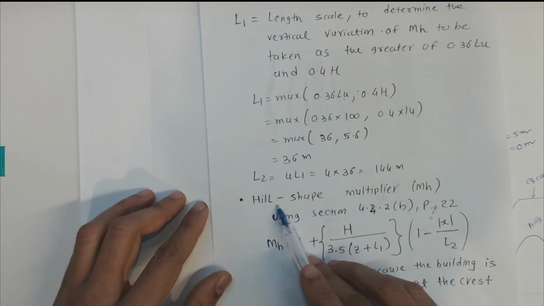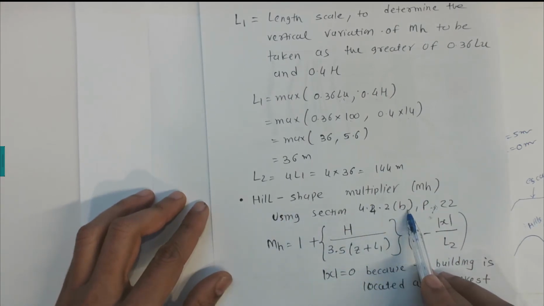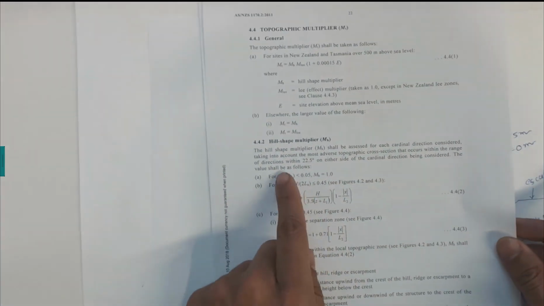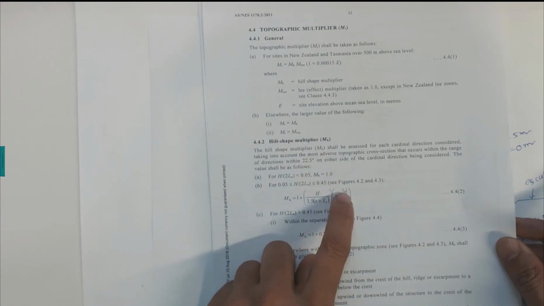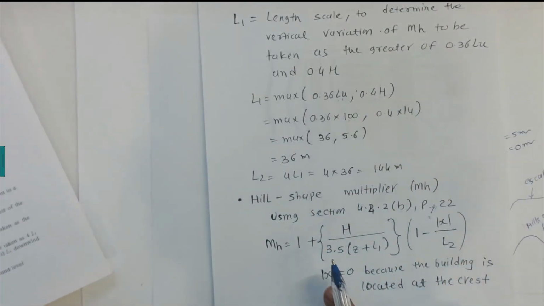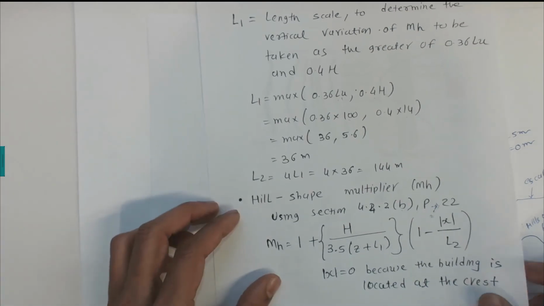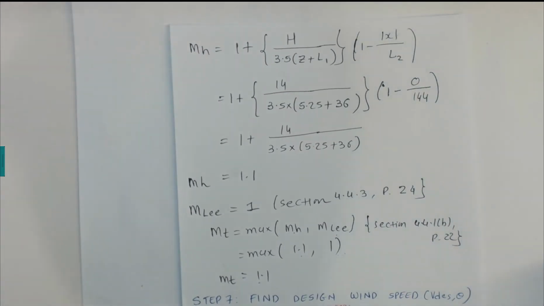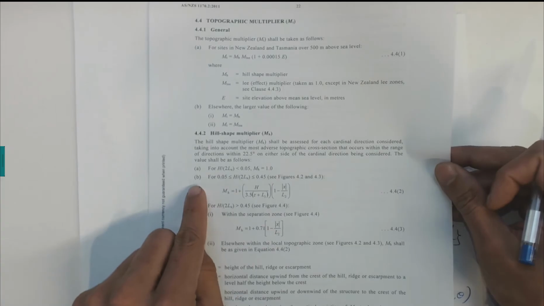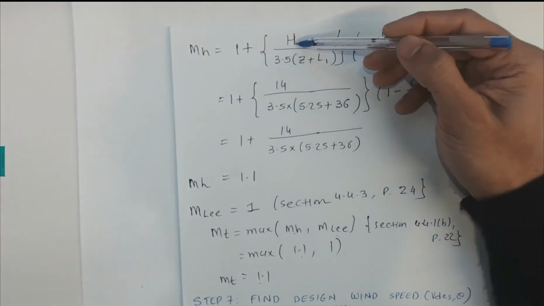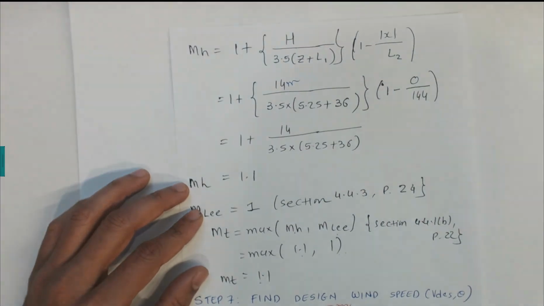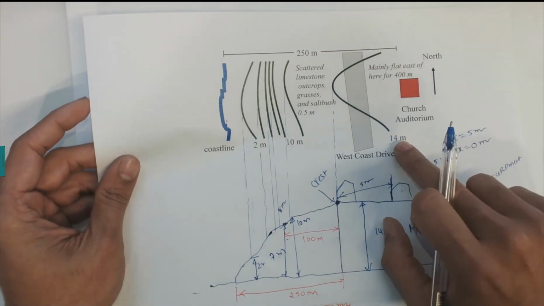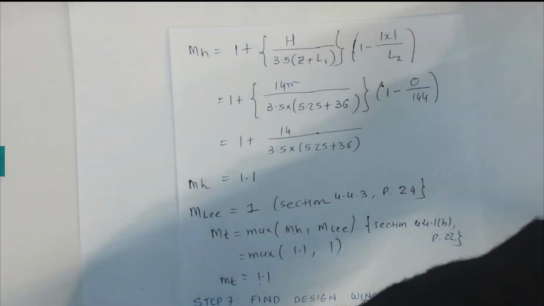Now the hill shape factor is given in 4.4.2 B, page 22. So that is the hill shape factor here on page number 22. We have these big equations that we're going to use, and distance x equal to 0, as I just explained in the previous step. We're going to substitute H as 14 meters, that we found here. H is equal to 14 meters, that is given in the questions with the contour line, and